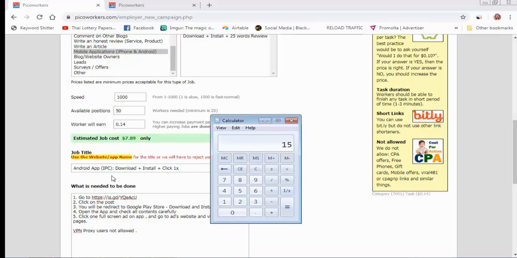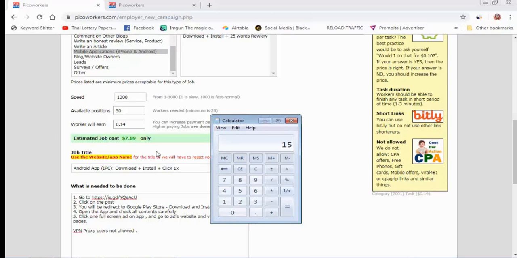These clicks are all real. Google AdMob will accept them because all these users are real and human traffic. So all these clicks are accepted on your AdMob account. But if your application has organic traffic, if you are getting daily organic clicks on your app, then you can run a campaign on Pico Worker.